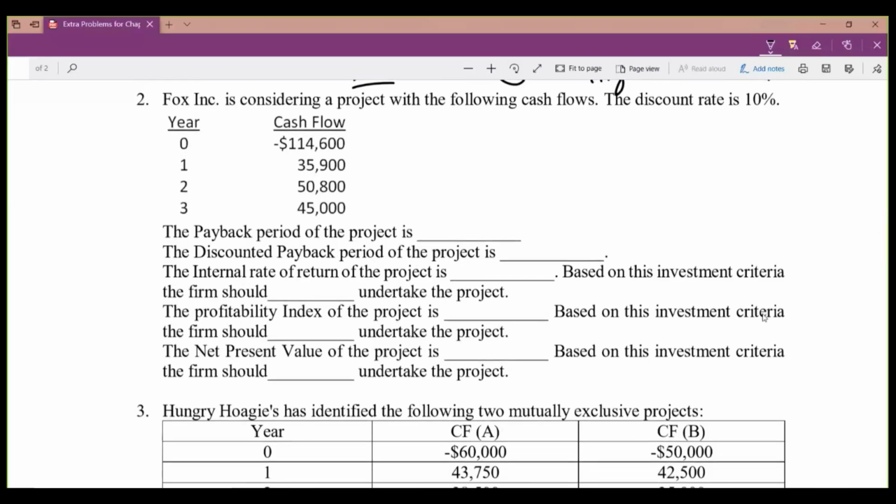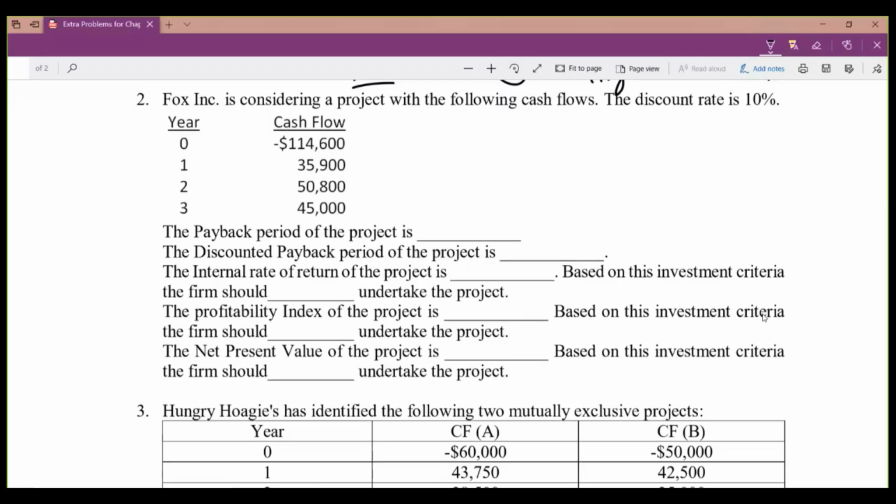Okay, now for question number 2. So we have the following cash flows over a 3 years period. We need to base our decision based on those 5 different criteria. I start with the payback period. So with the payback period, I need to see how much time will it take till I recover my initial investment. So in the first year, I will recover